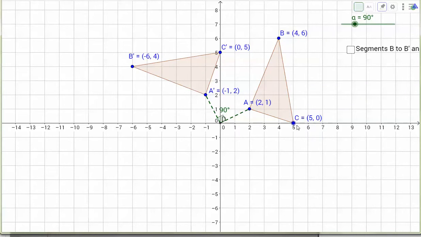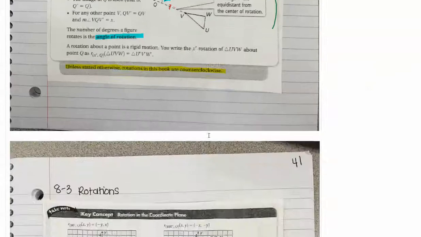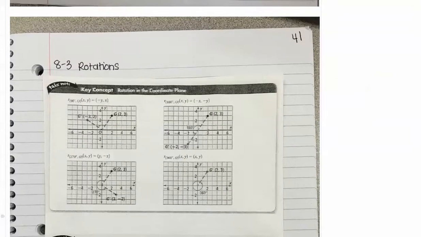And then let's see, for the C, if we switch them, you get 0, 5. And if we make the 0 negative, it doesn't change it. There's no such thing as a negative 0. So on your second page of your notes that we pasted in on page 41,